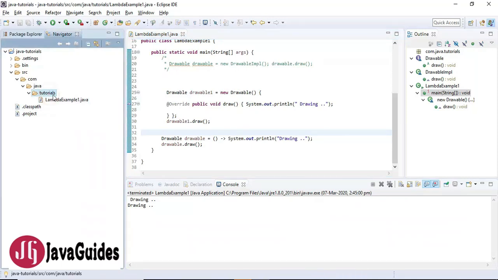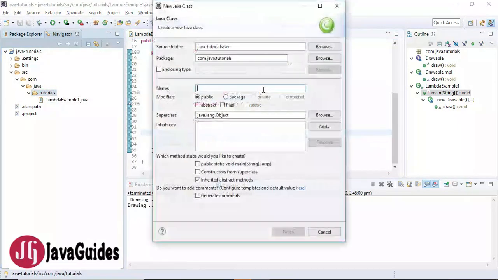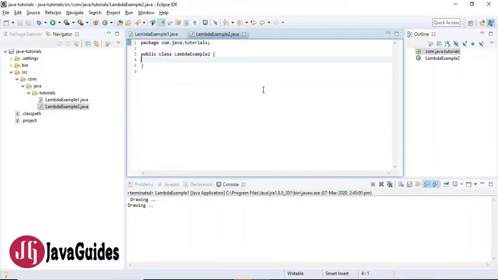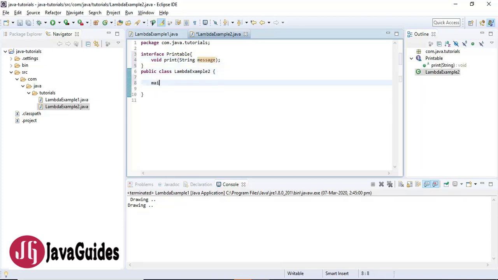For that I will create a new class here, and let me name it as Lambda Example 2, and let me create an interface, and I'm going to give a name as Printable, and let's create a method, and just give a single parameter, string message,